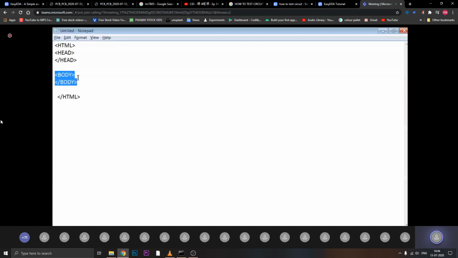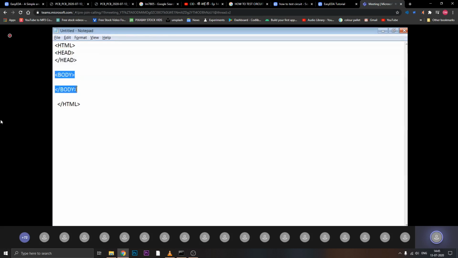Whatever content you want to show on the web page, you will be writing all those tags in the body. Whatever is in the header section, like the title, if you want to add it, or if you want to attach an external CSS or external JavaScript file, or if you want to give the metadata, that is, information about the data, all these are going to be added into the head section of the document. What about content? Whatever content you want to display.